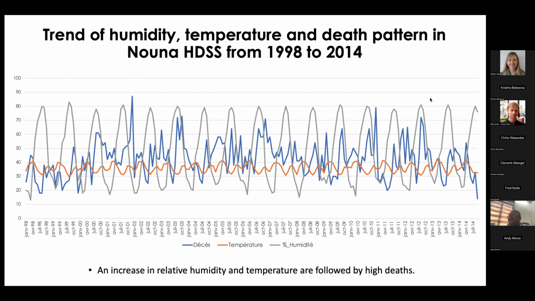So these are some data generated from the Nuna HDSS based on the analysis that we did with the population data that we are collecting, matching with the weather station data that we have in place. So what is our focus? Where are we going? We are trying now to improve the setting, moving from what we call the HDSS 1.0 to the HDSS 2.0, meaning that you have here